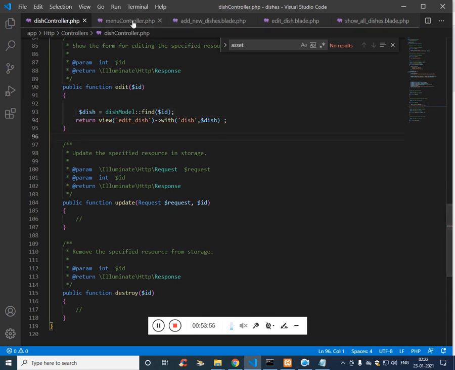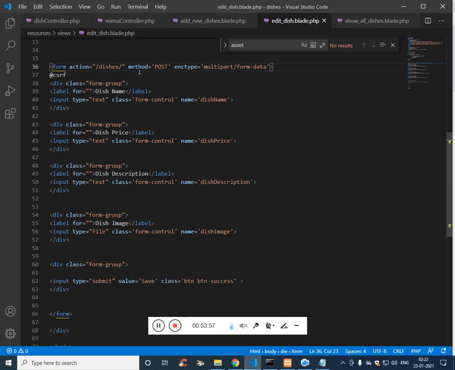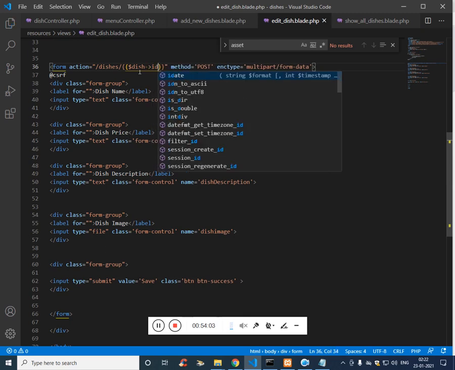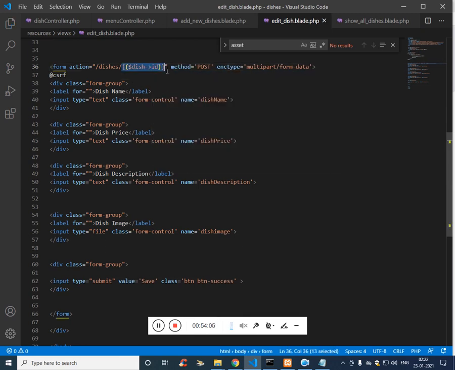Now we can access this over here, $dish just ID. The same way we have to use value which is dish name, dish underscore name, which is the column name.